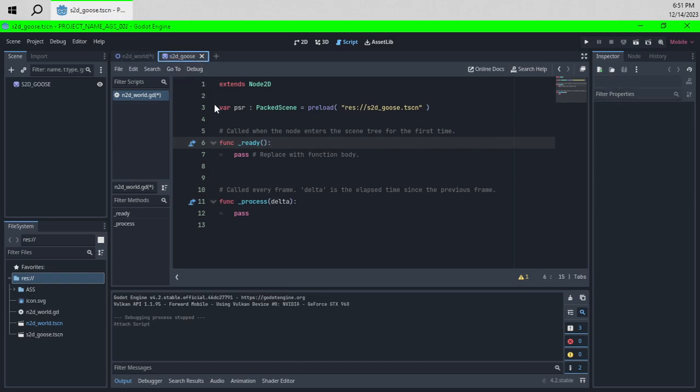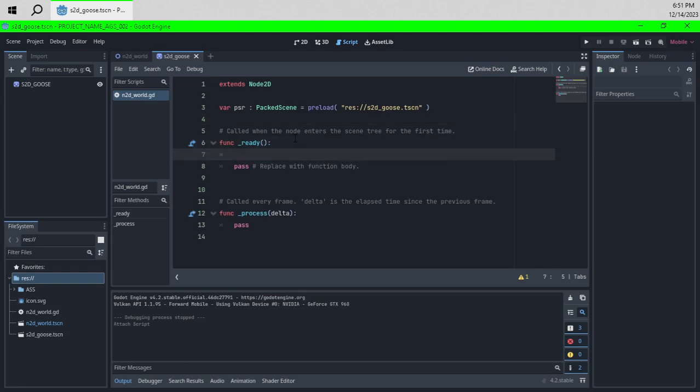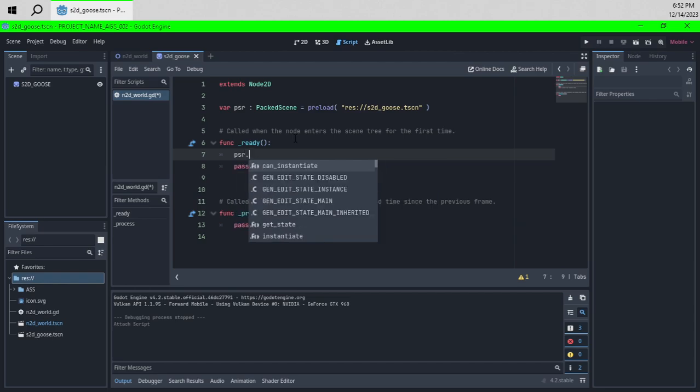The Goose scene is more like a Goose prefab. If you replace the word scene with prefab, I think a lot of this code would make more sense. But anyways, that's not the word they use. Okay, so packed scene resource. With this packed scene resource, inside of the ready function, I believe all we have to do is go PSR dot